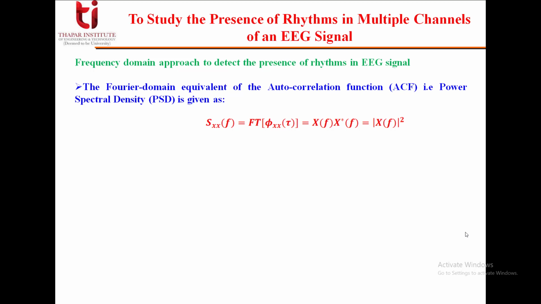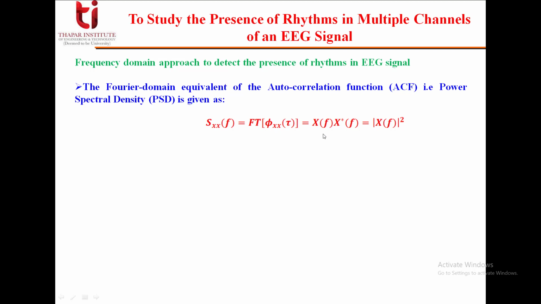It is given as you can see in this equation, capital S_xx(f), that is a representation of power spectral density. F here represents that it is in the frequency domain. So that is the Fourier transform of the autocorrelation function of xx,